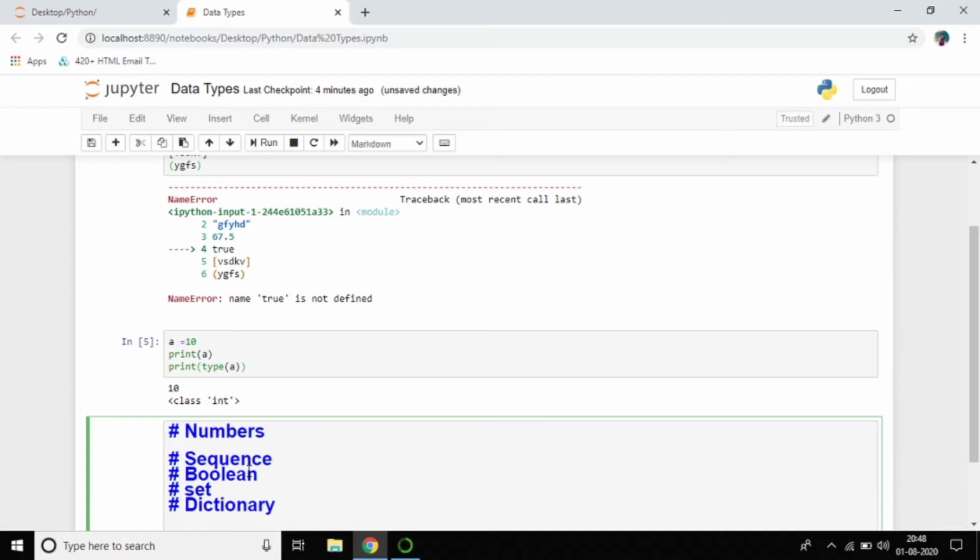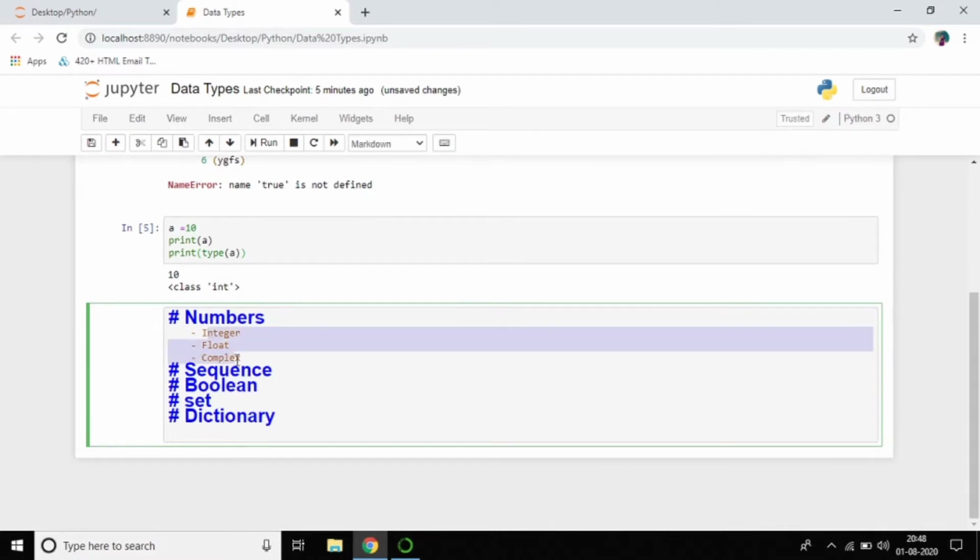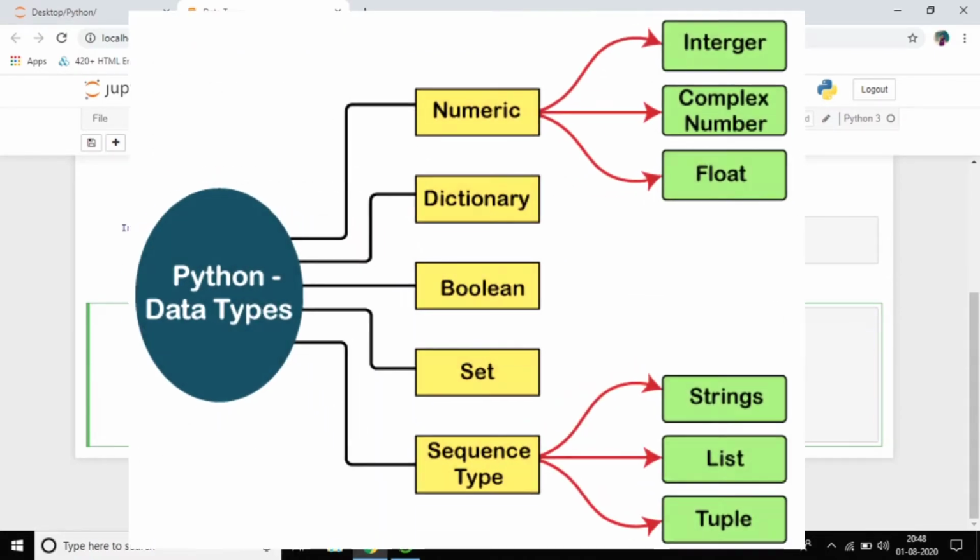Sometimes we have integer, float, complex. These three things will be there in numbers.